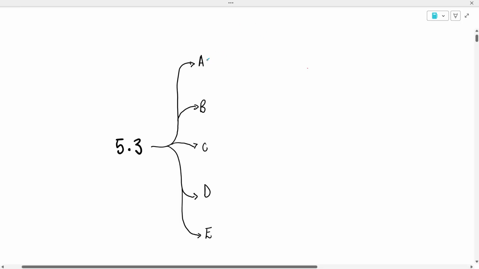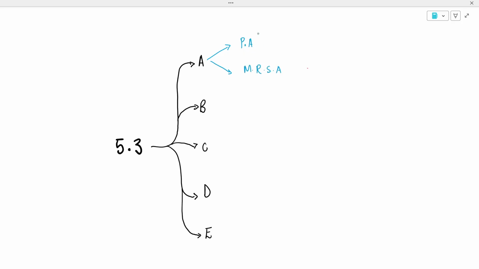Starting with domain A, 5.3a, you are supposed to apply the Pharmacy Act. You're also supposed to apply the Medicines and Related Substances Control Act. Knowing this will help you see what evidence you need to include. Behavioral statement B is about the scope of practice, so you need to include the most recent scope of practice. And please note, your scope of practice is not the same as that of a pharmacist